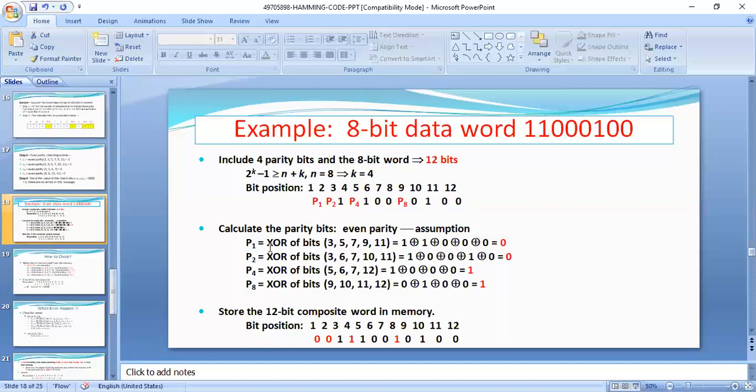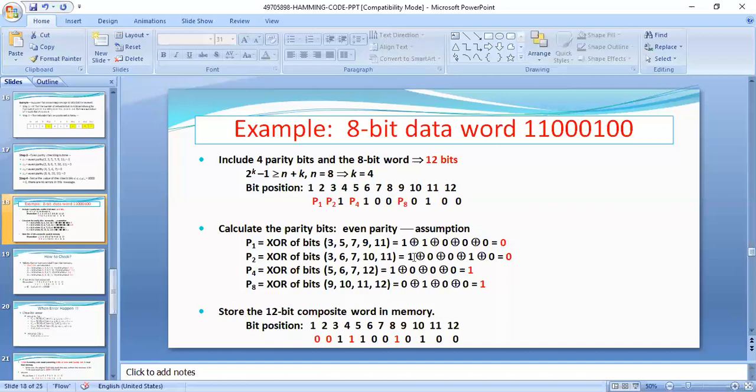To calculate P1, what positions do we have to consider? 3, 5, 7, 9 and 11. What is the number of ones here? 2 ones. We are using even parity, so the parity here is 0. If the number of ones is odd, the parity is equal to 1.